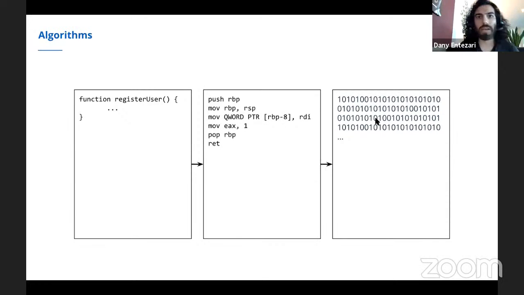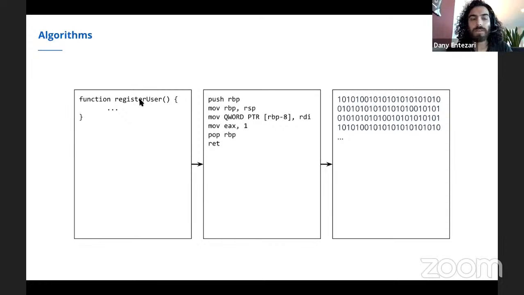Okay, so let's understand how computers work. By the way, you and I, when we communicate, we speak with words. When we want to talk to computers, we also use words. The words are written in a funny way. There's a special way of writing those words, but they're still words nonetheless. So, for example, here, even if you don't understand the programming syntax, you can still make out the name of this particular algorithm, which is registerUser.